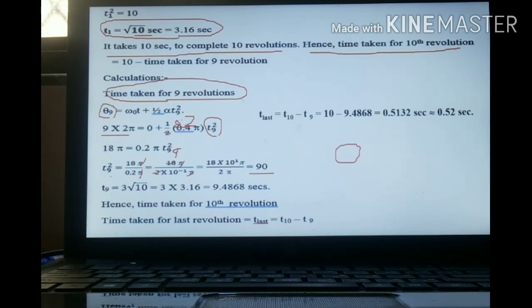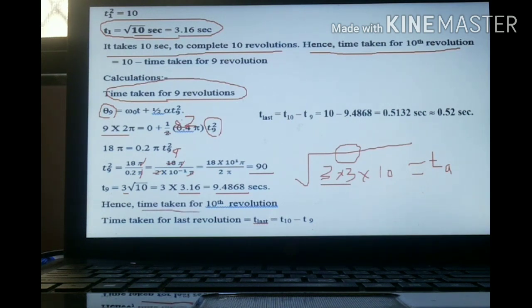So this is the value of T9 square. We want to find out T9. So how can we split this? This can be split in this form, that will be 3 into 3 into 10. This is for T9. 3 is there 2 times, so we can take one 3 outside, so I have done that only. 10 cannot be split, so I am keeping it as it is inside. Again, root 10 we have got as 3.16, so we can multiply it by 3.16. So 3 into 3.16 will give the answer, that is 9.4868 seconds.